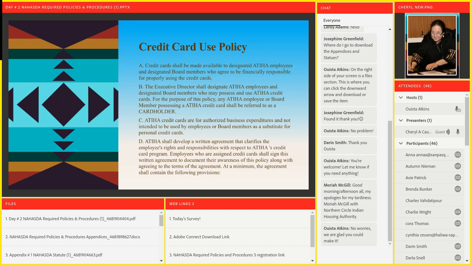ATIHA shall develop a written agreement that clarifies the employee's rights and responsibilities with respect to the credit card program. By the way, this can also apply to your tribal council members if they travel on your behalf. Employees who are assigned credit cards shall sign this written agreement to document their awareness of the policy, along with agreeing to the terms of the agreement. At a minimum, the agreement shall